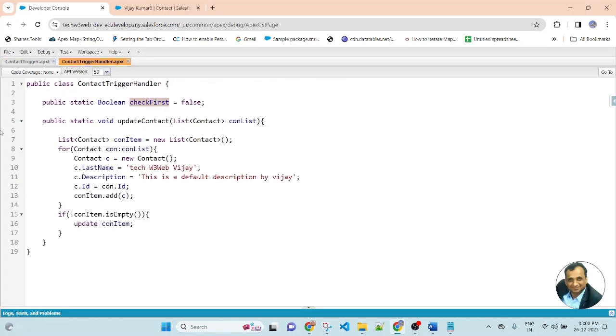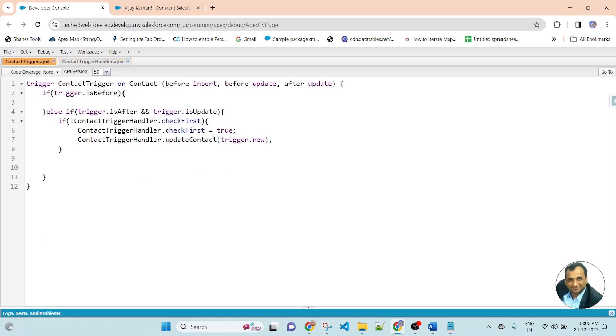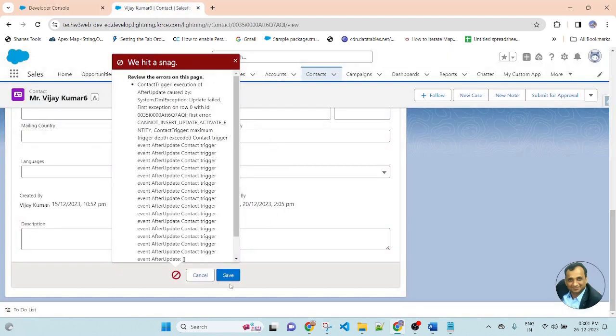So first I created another public static boolean variable. By default it is false. I use this variable before calling the Apex class trigger method. Here I am checking not equal to true. After that, inside the condition, I set this boolean variable to true. Then this method will be called. Then save the file. Now let me update the same record of contact.